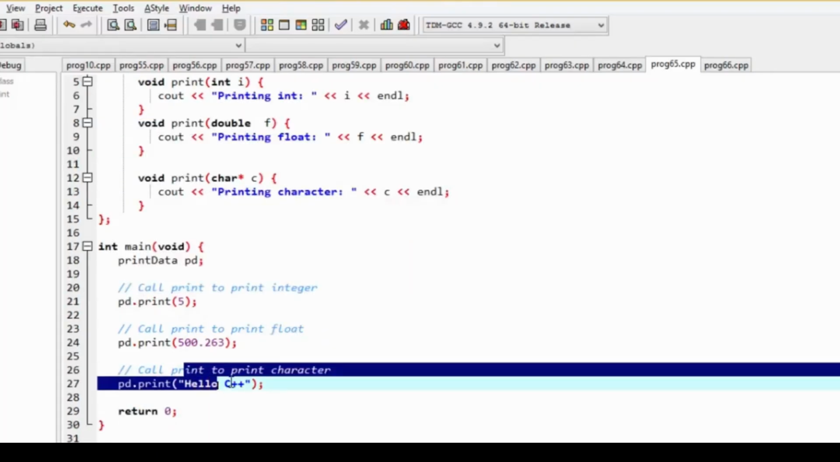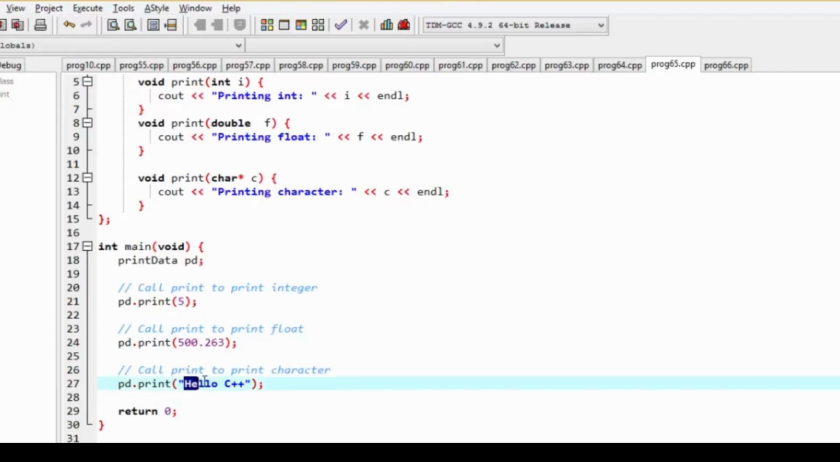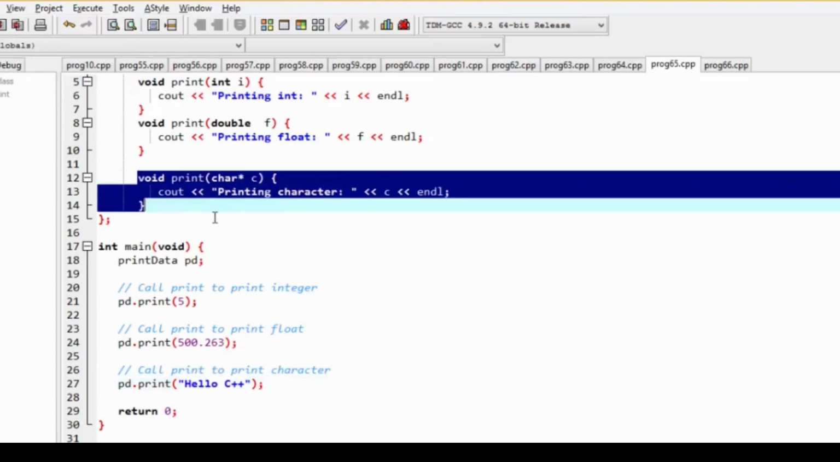And whenever we were passing hello C++ as input argument, it is quite obvious that we are passing a string. So the third version of this print member function will go on executing. So for better understanding, it is better to go for the execution output. So we have clicked on the